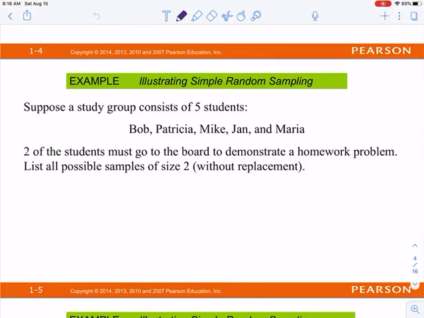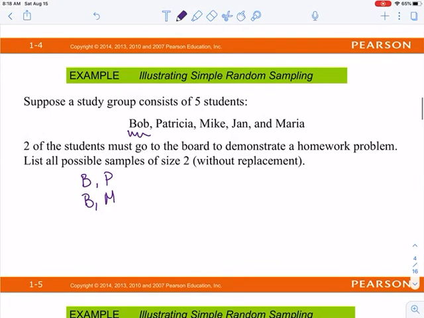The next slide has the answers written out, but I'm just going to give you an idea of how I would attack this problem, just to keep your thoughts organized. I would first start with Bob, and just for time's sake I'm going to use the letter B to represent him. Then I go through my list and write down everyone that could be paired with Bob. So you could have Bob and Patricia, Bob and Mike, Bob and Jan,